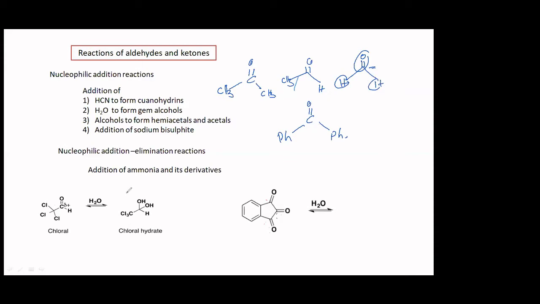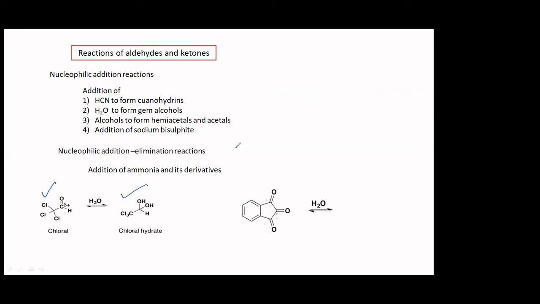Another factor which affects this hydrate formation is the presence of an electron withdrawing group like this. If you have any electron withdrawing group, it can easily form the hydrate. Supposing you have got chloral. Chloral is trichloroacetaldehyde, C double bond O H. Now, these are the three electron withdrawing groups. This carbon becomes positive, in turn this carbon becomes even more positive, isn't it? Compared to acetaldehyde. So if you compare acetaldehyde and chloral, this one will form the hydrate very easily. In fact, the hydrate of chloral is more stable than this.